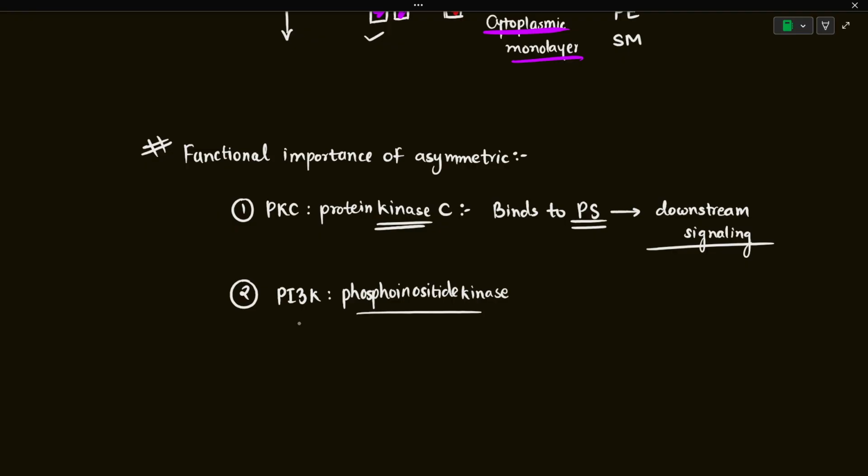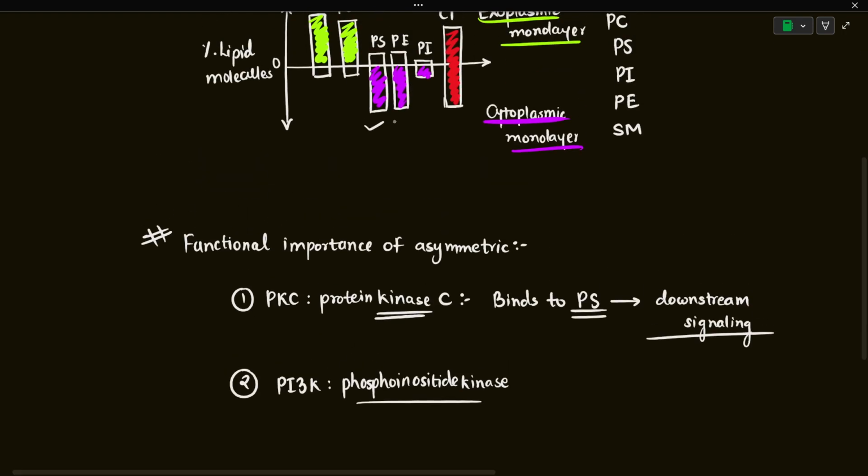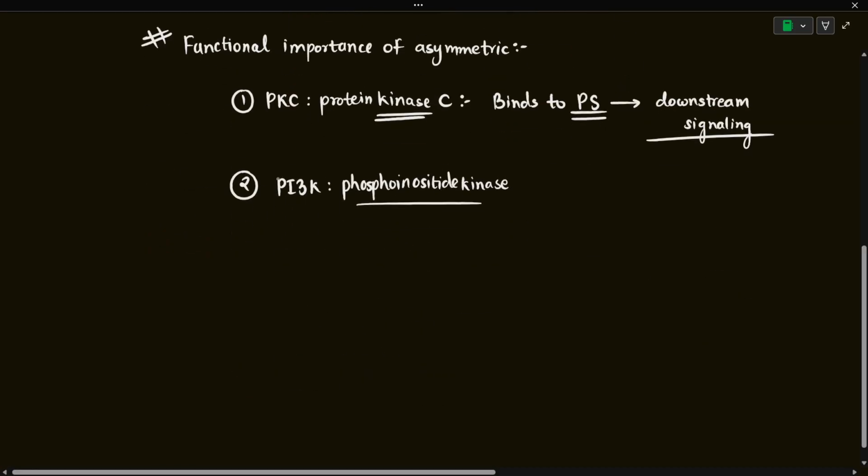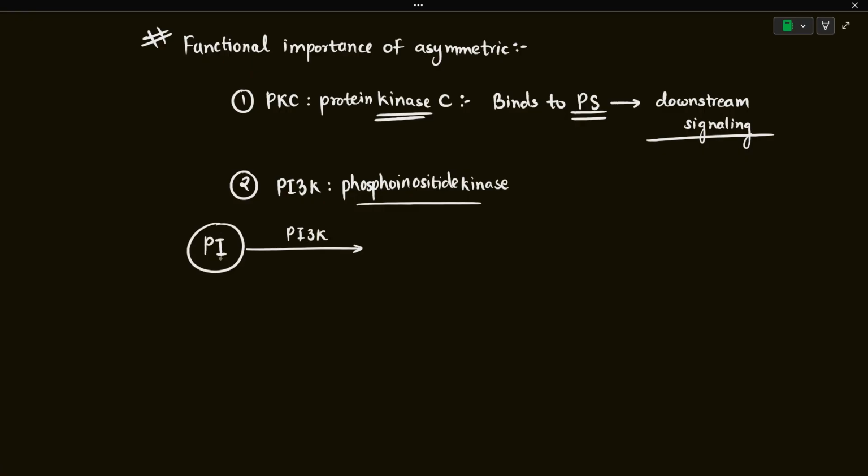So just now you learned that phosphatidylinositol is also present in higher concentrations on the cytosolic monolayer, right? So this PI3 kinase goes and phosphorylates PI, the phosphatidylinositol. When it phosphorylates the inositol ring present on this lipid, it actually creates a binding site. So this is PI, which is phosphorylated. This phosphorylation of the inositol ring of phosphatidylinositol creates a binding site